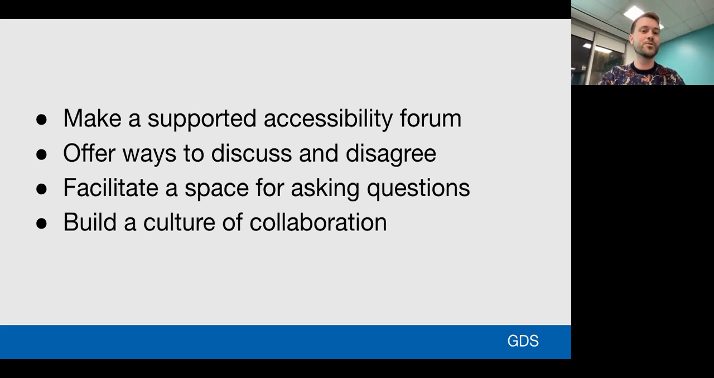have somewhere for people to meet and discuss. Offer ways to discuss and also disagree as well. Accessibility, the legal side of it, has some fairly opaque rules on how to do accessibility. So there often will be disagreement. And even when it comes to user research, if there are multiple studies that have been done with different groups, you might get different answers. So have a place where people can come and disagree and build from that, the last part, a culture of collaboration, come together and